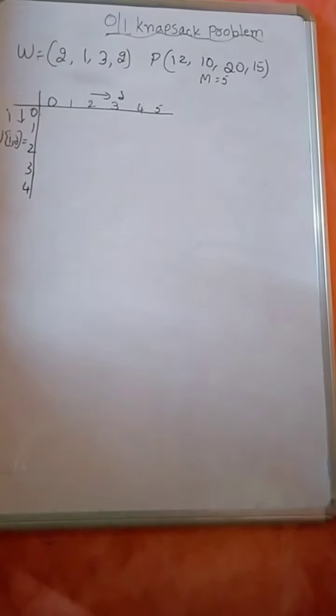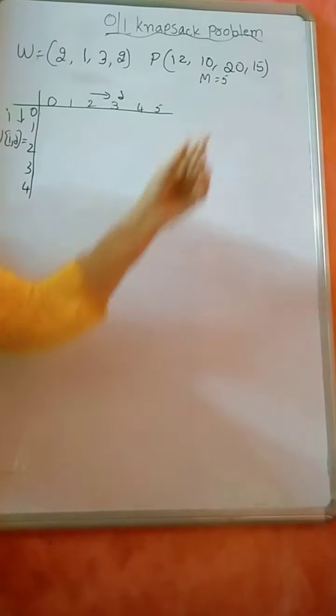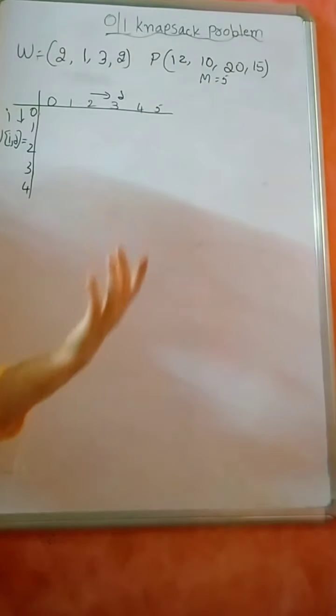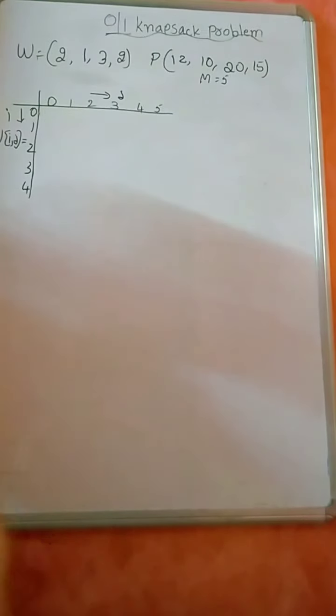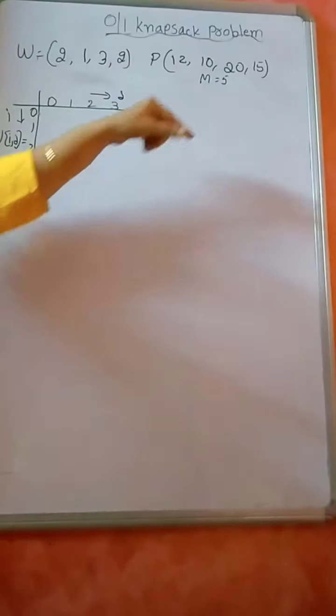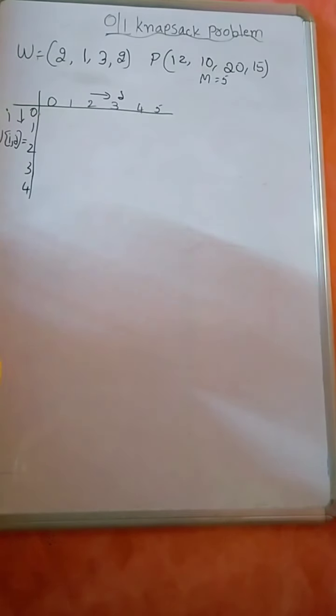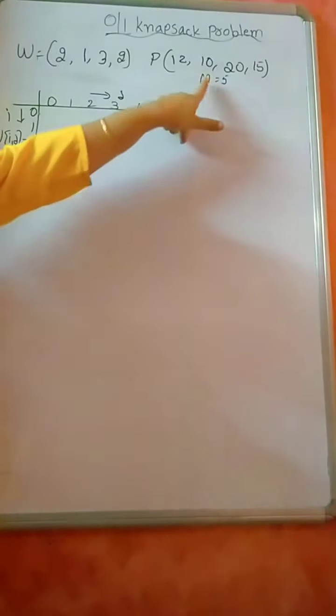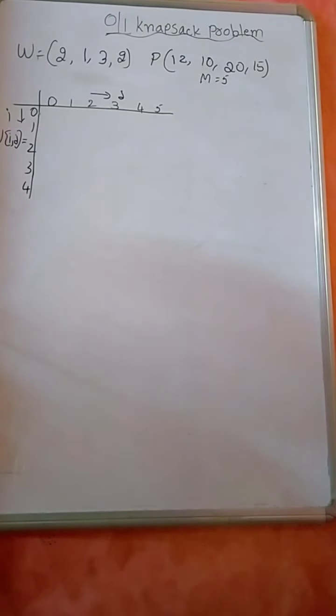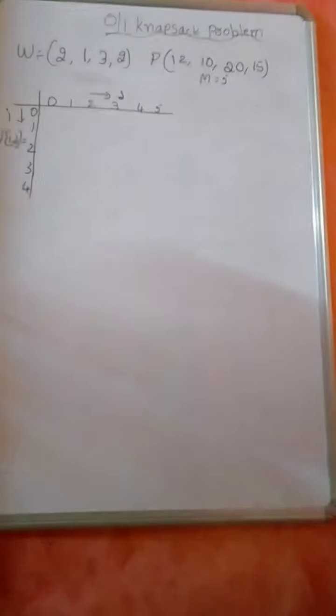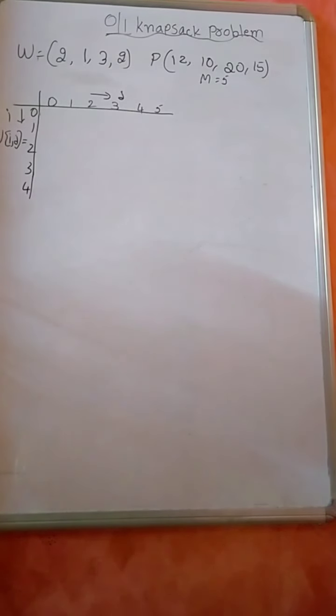That's why, while executing this particular program, don't consider the capacity of your knapsack like 20 or 10. If I consider 20, how many columns should be there? It is 0 to 20, means 21 columns you will have. It is a huge matrix. So whenever you execute your lab program for the 0-1 knapsack, make sure that the capacity you are considering is less than some 7, 8, that is fine. Don't go beyond 10. The size of your matrix will increase, and you may get a segmentation fault. That is the reason. This is your remaining capacity.